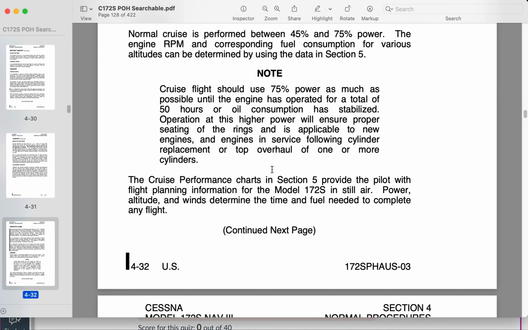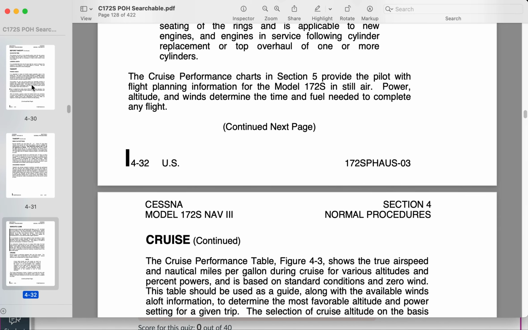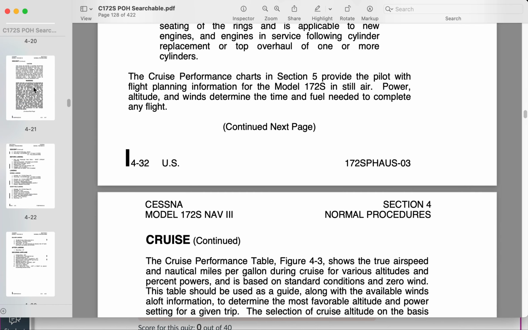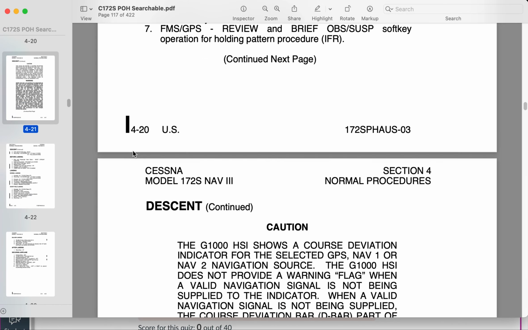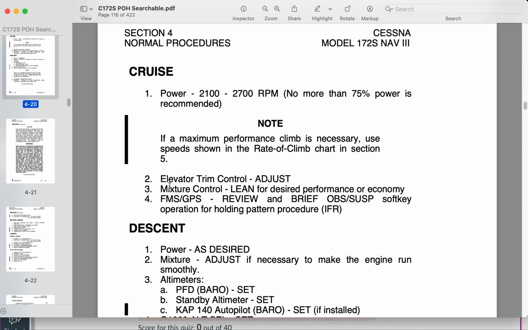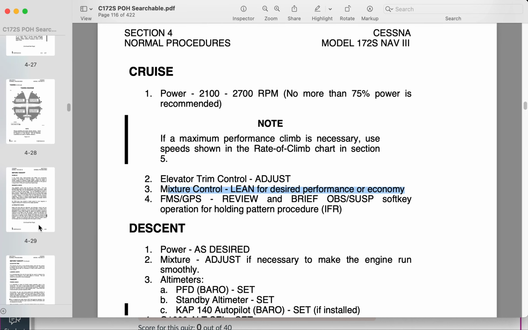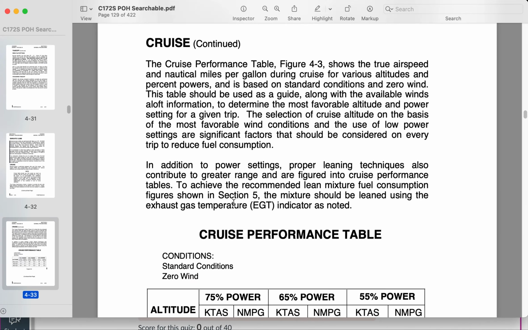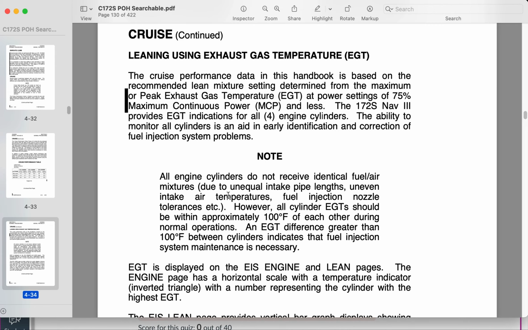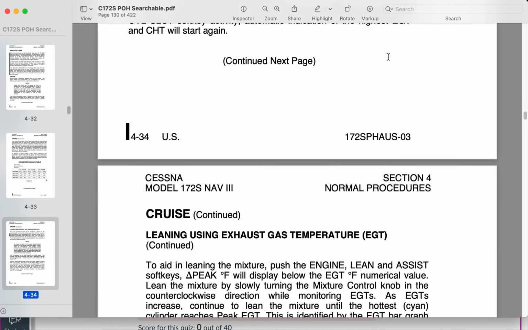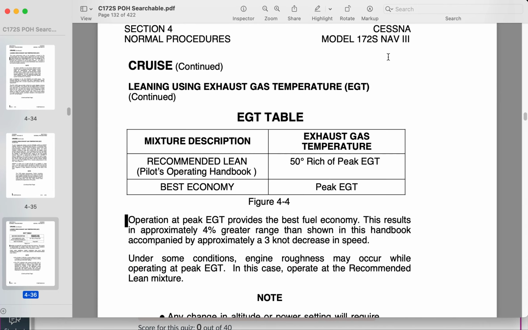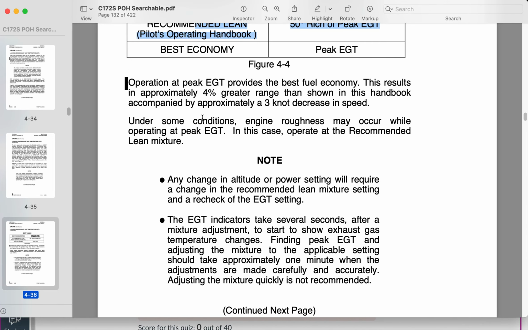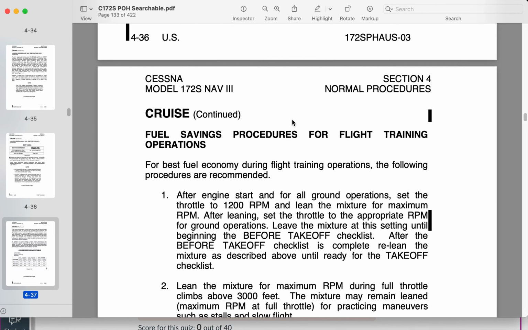And really quick, I just want to point out, during cruise, the checklist over here says mixture lean for desired performance or economy. It doesn't say above a certain altitude or anything like that. It says if you're cruising, you should lean. And then later on in section 4, they go much more in depth on how to lean using the exhaust gas temperature probe. And then there's your recommended lean, there's your best economy lean, and then they say